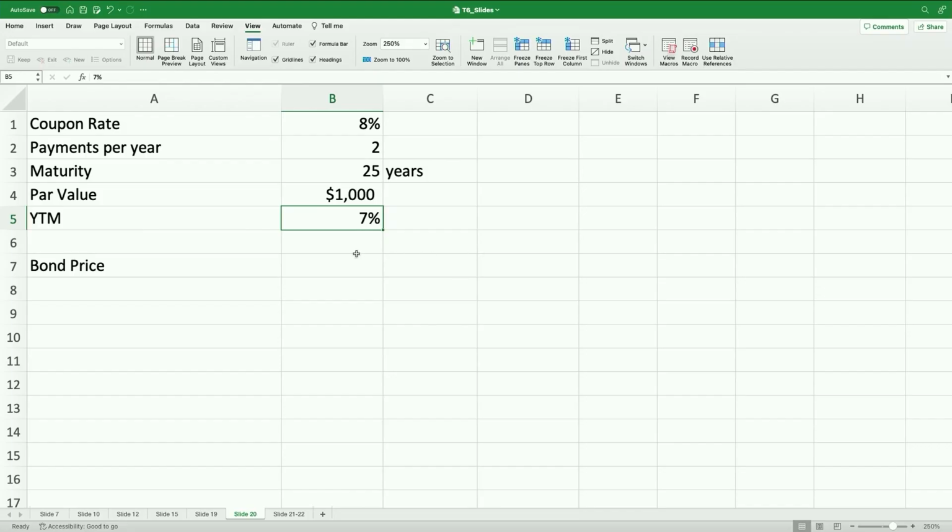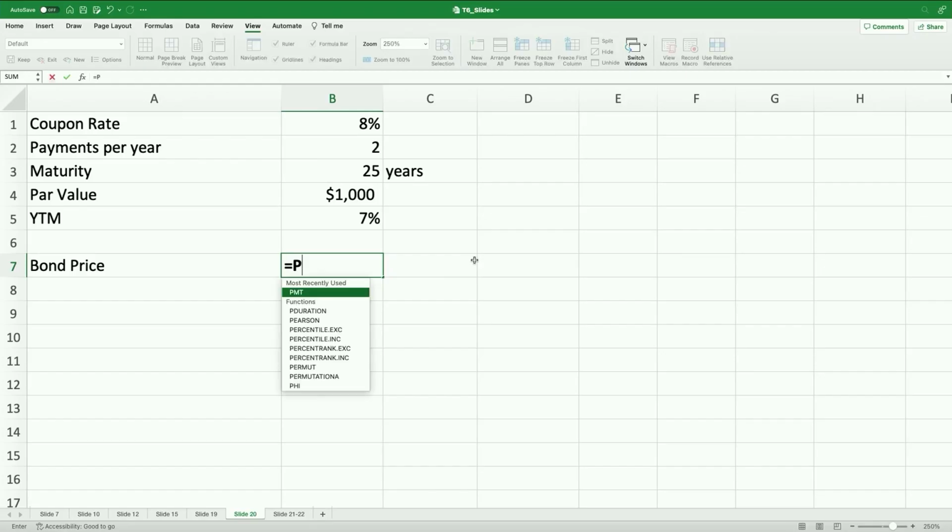All right, let's price the bond. Well, the price of the bond will be the present value of all those coupon payments, those identical coupon payments. There's going to be 50 of them over the next 25 years. Those identical coupon payments plus that big lump sum payment at the end. That's the present value of an annuity with then a big lump sum payment at the end. We know we can find the present value of an annuity, including a lump sum payment at the end, with the PV function.